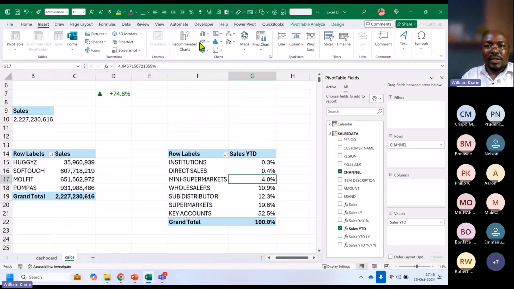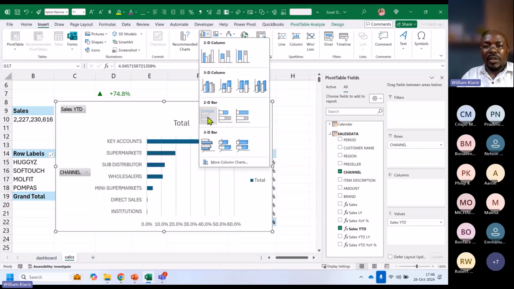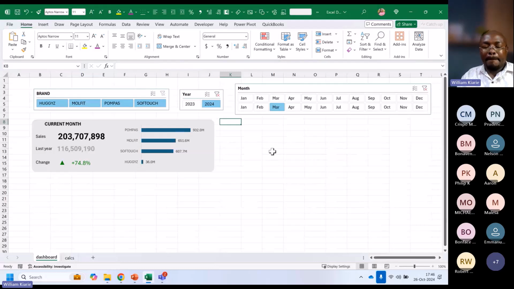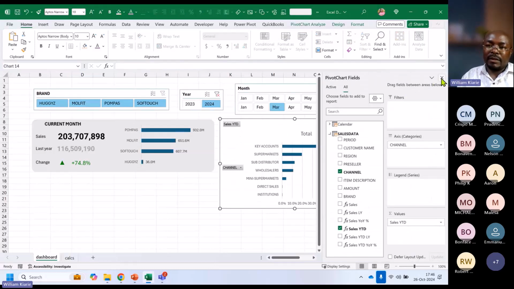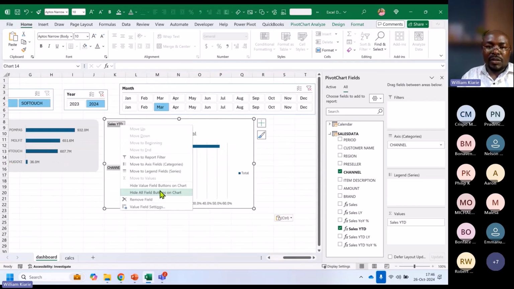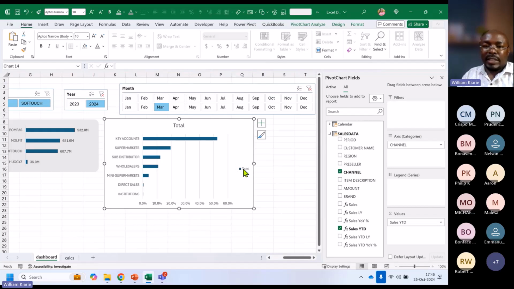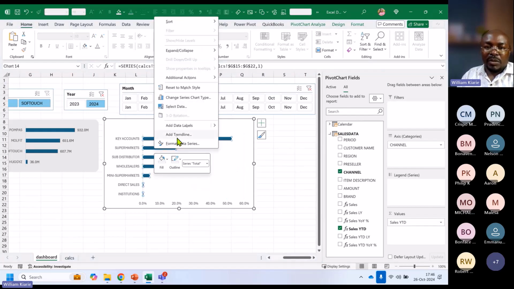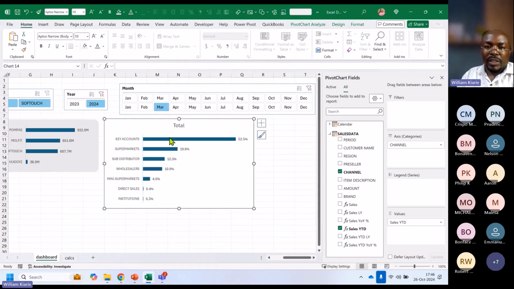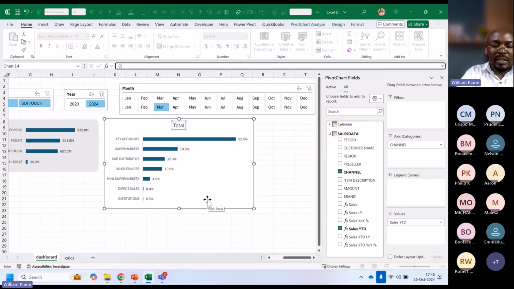Again, you can do a chart. This is what we are going after. Cut, paste it here. Okay, so that's the drill. So we can format it again. Right click, hide field buttons everywhere. Remove these legends, the same stuff. Add data labels. Then delete what you have here. We again said this is channel